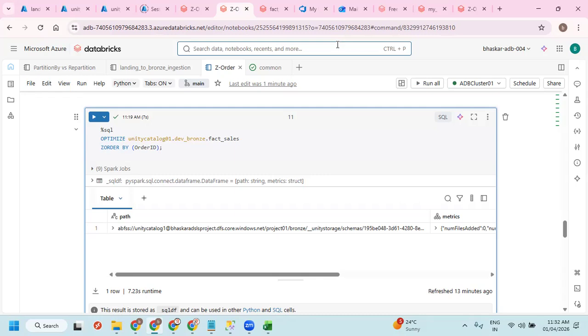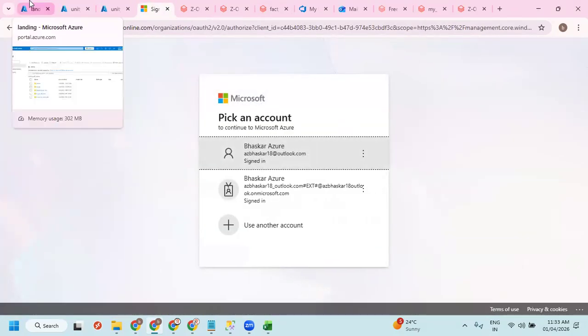Sir, they asked me, if there is a pipeline failure, how will you deal with that, and if you rerun, how will it start from the point of failure? Like in SSIS, we have a checkpoint concept. Here also, we have a pipeline rerun, right? If you remember that. Is Data Factory open with me? I just closed it.